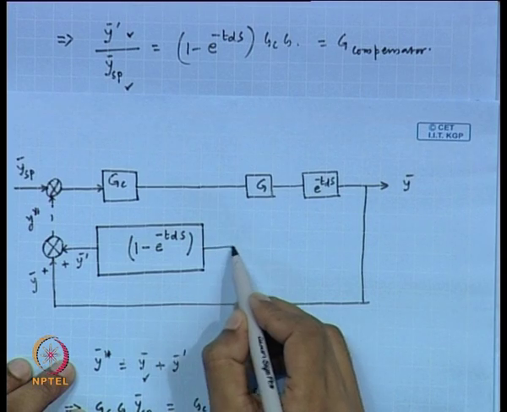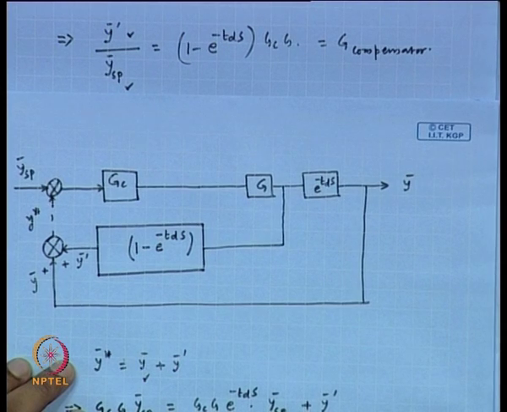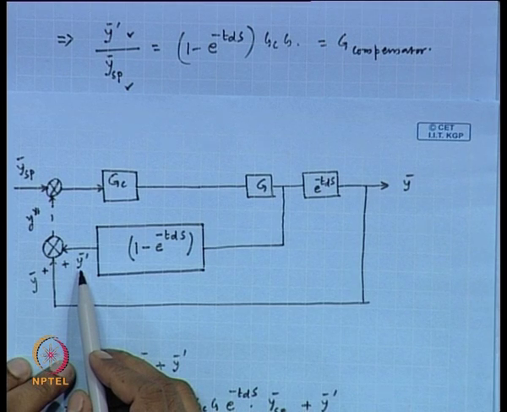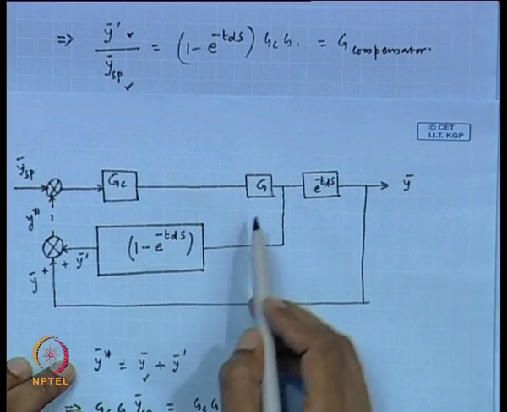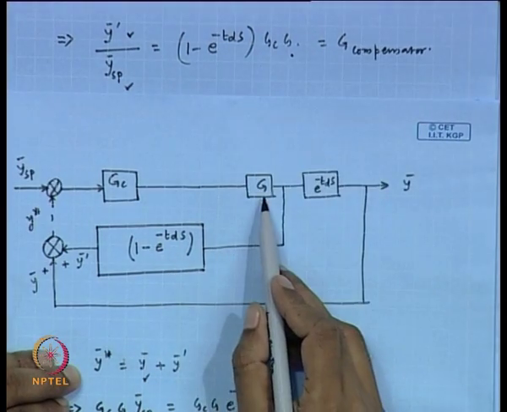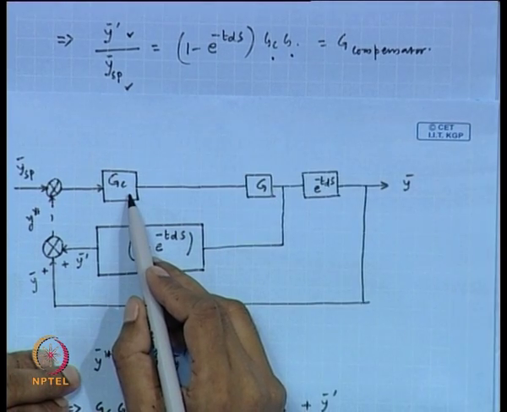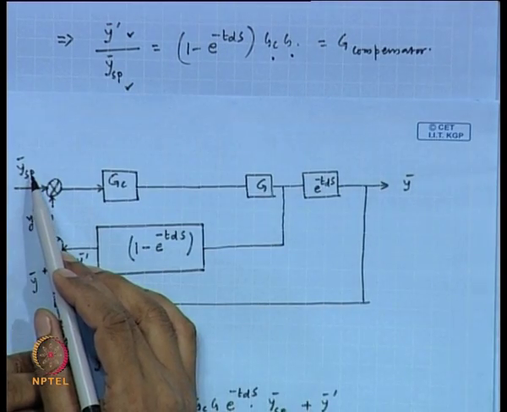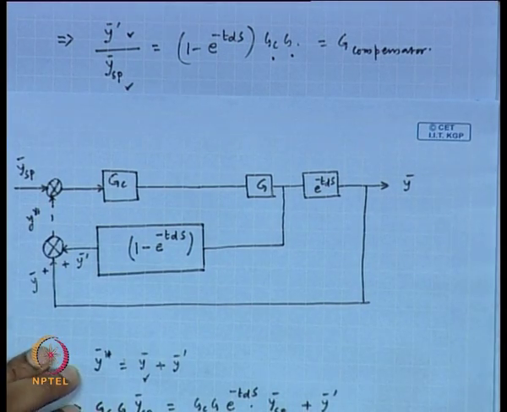Can I connect this block like this? Output is y prime, which is equal to this multiplied by Z, this is Z, multiplied by GC, this is GC, multiplied by y set point, this is y set point. Can we do this? No, we cannot do this,